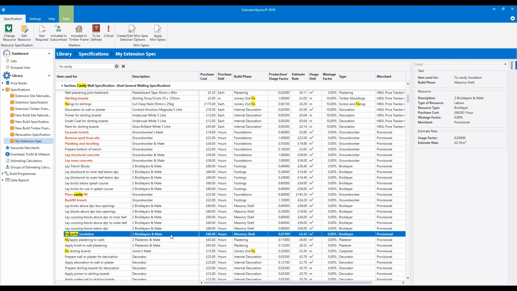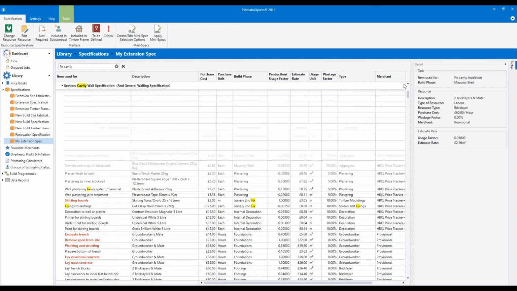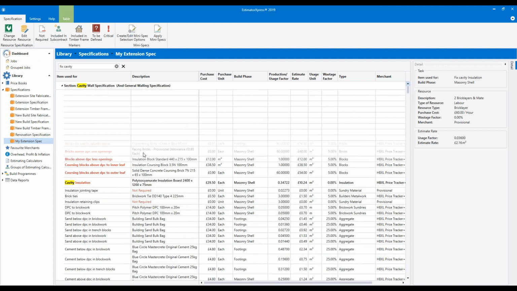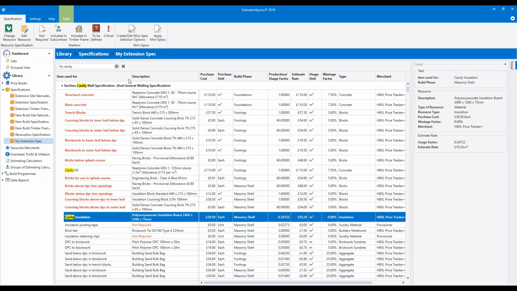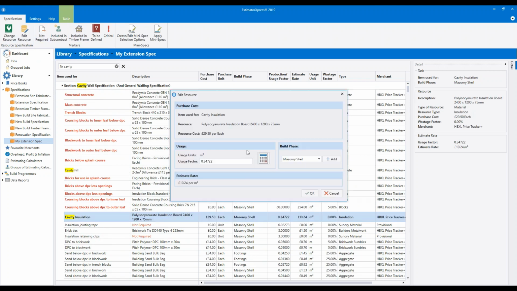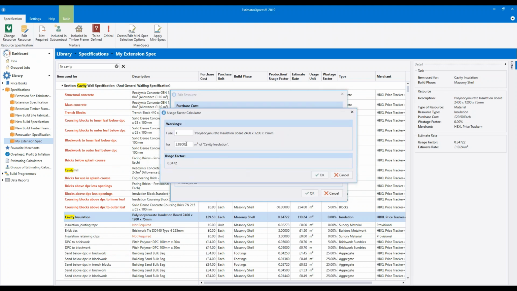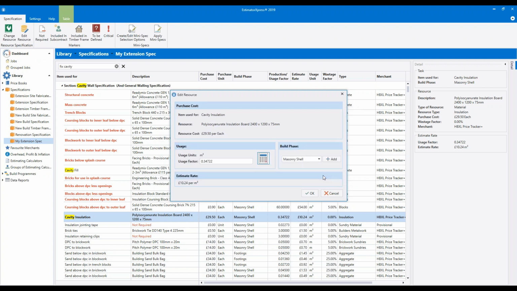So Steve's asked, in the usage factor box, could you enter a sum like in Excel, 1.2 by 2.4? If we go back to our insulation here, I don't believe you can type sums into there. Let's see what happens if we do.